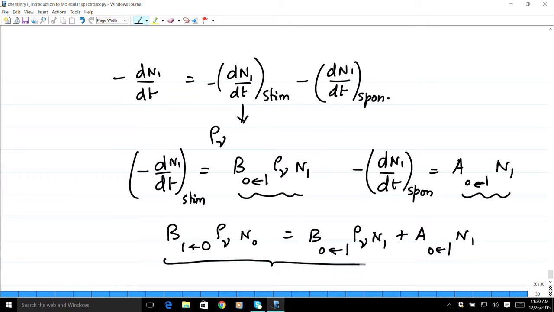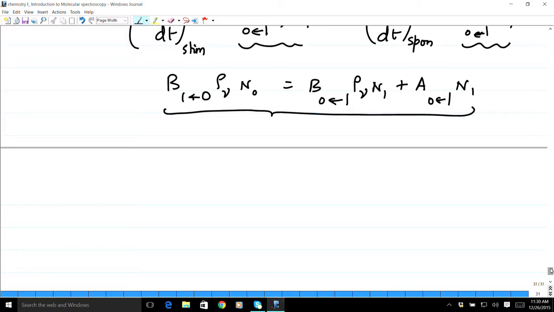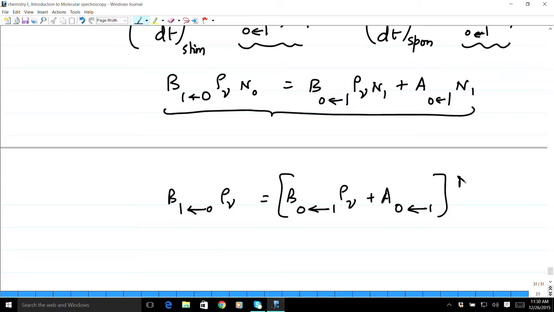This is thermal equilibrium. Now, just rearrange this a little bit and use the Maxwell-Boltzmann formula, namely we want to write N1 by N naught. So, let us write B 1 to 0 rho nu is equal to B 0 to 1 rho nu plus A 1 to 0 times N1 by N naught, and this is given by e to the minus h nu 10 by kT. So, if you do that,